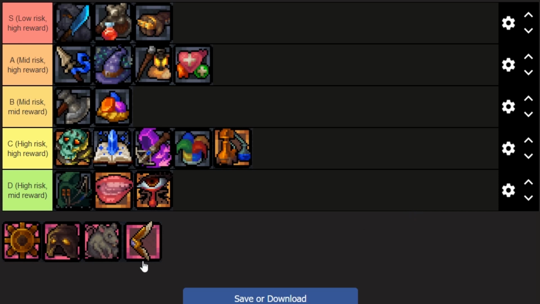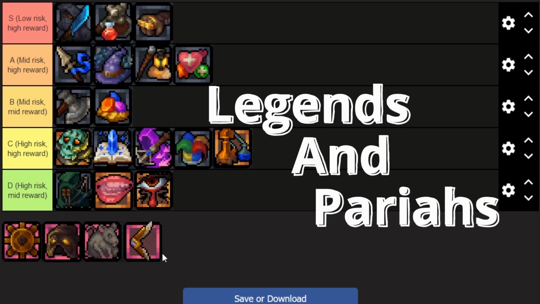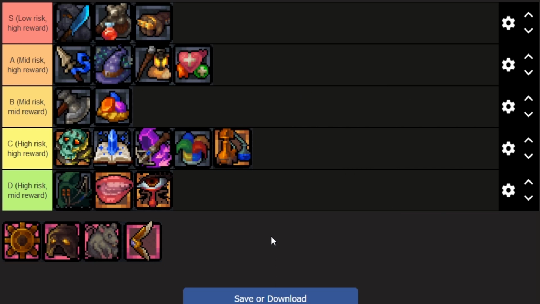Today we're going to be getting into the last DLC, which is the Legends and Pariahs. Now, this is not a DLC review, but just going briefly into what this provides you. You get access to 4 new races and 4 new classes. Each race is tied to a class, just like in the previous Myths and Outcasts DLC that we talked about